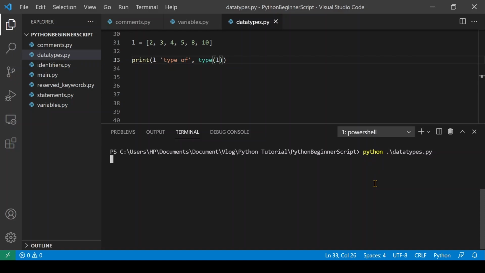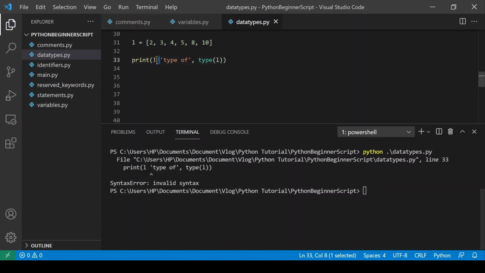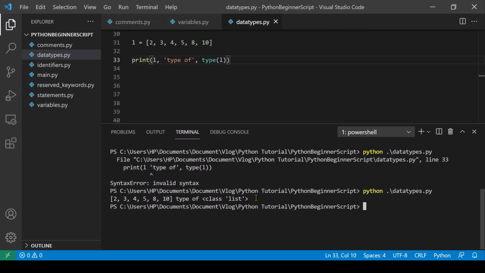Here we missed a comma after l, and that's why it is throwing invalid syntax. As you can see, the value of l is printed in the console and the type of l is list.